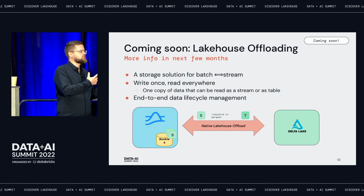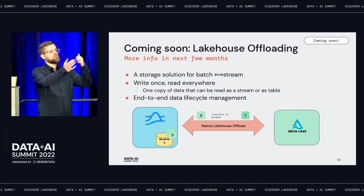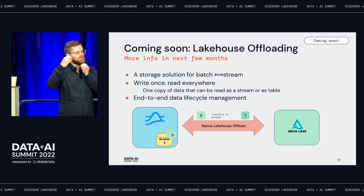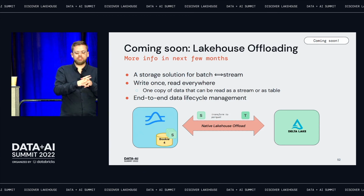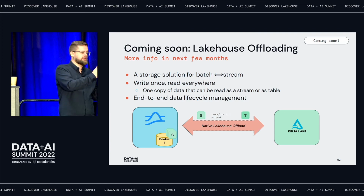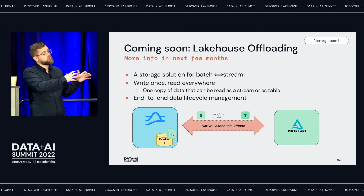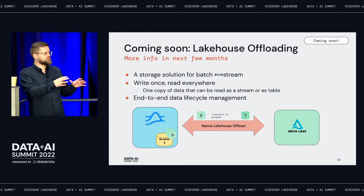One of the challenges that we see in this space is that there still exists this gulf between my streams and my batch data. And Lakehouse is really a great bridge towards that. So we're actively working on the ability to take that tiered storage solution, that storage offloading, and natively support Lakehouse. So instead of having to run a connector,